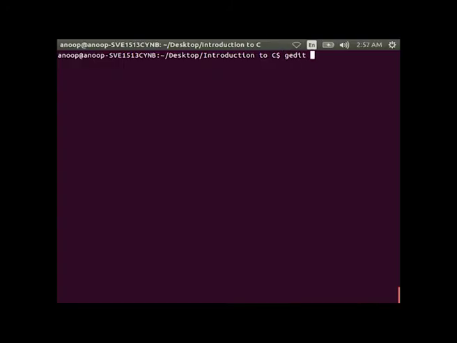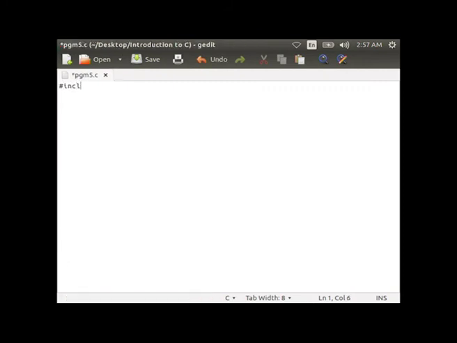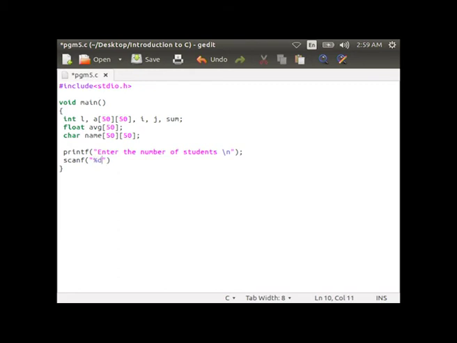Now, let us type this program and compile it. Hash include stdio.h, we are including the header file, then after that the main function, then within curly braces int i, I, and declaring the 2 dimensional array A of 50 50, i, j and some, float average of 50, then declare another character array char name 50 50, then printf enter the number of students, then scanf %d ampersand sign I, printf enter the names of %d students comma I, for i equal to 0 semicolon i less than capital I, i plus plus,